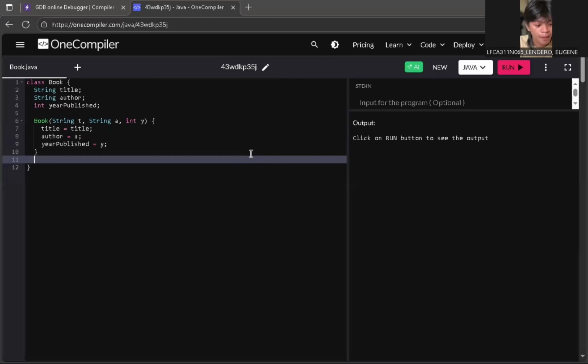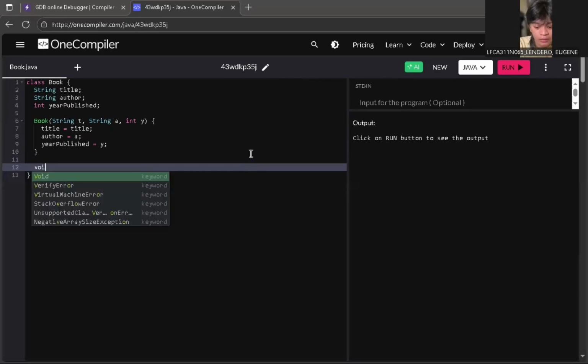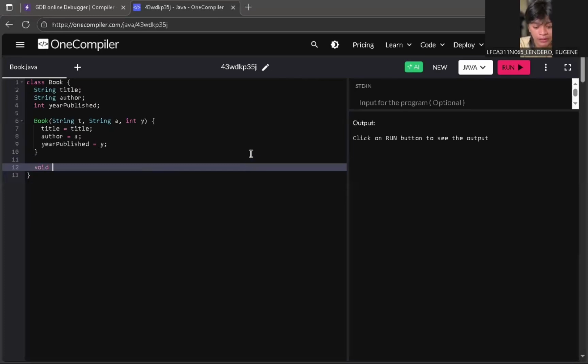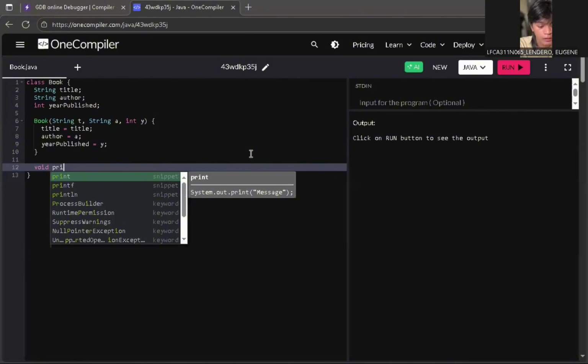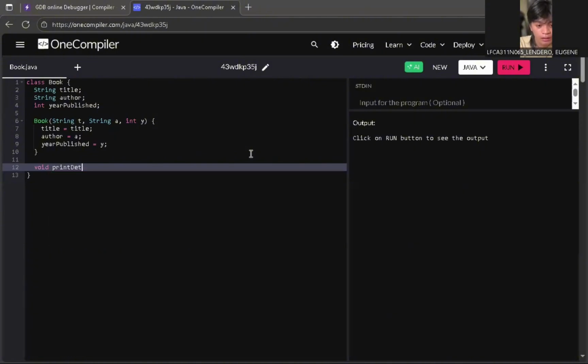Then next, para naman sa pag-print natin ng details for our books, gagawa tayo ng method na print details. So here we have to declare void printDetails, then open parentheses.